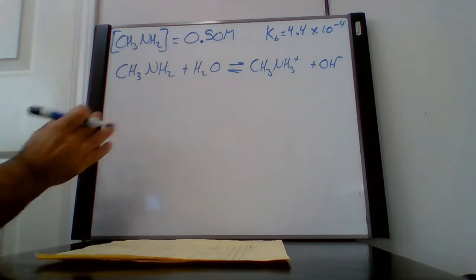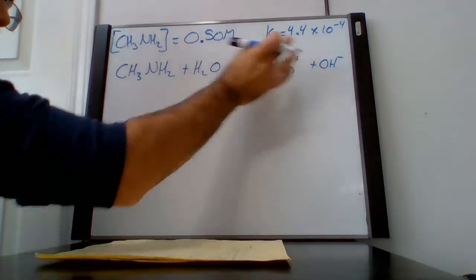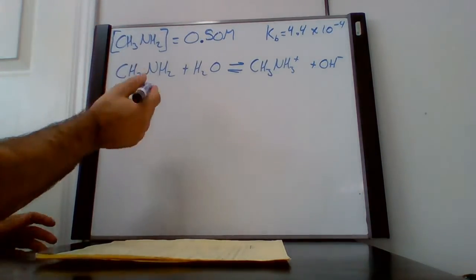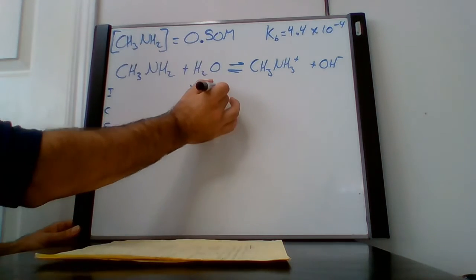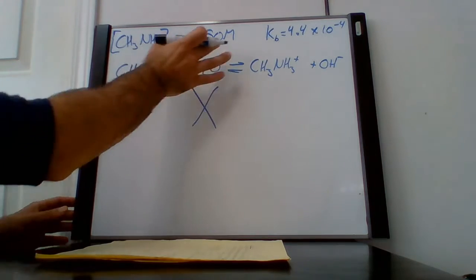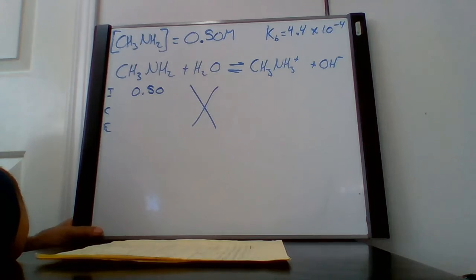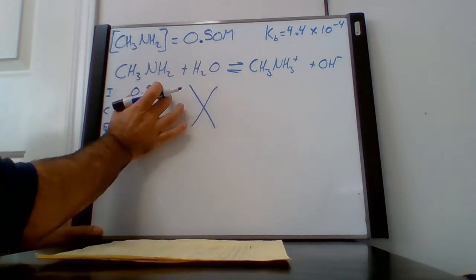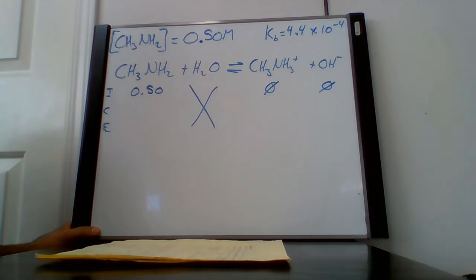All right, so we've got our methylamine plus water produces the methylammonium ion and the hydroxide ion. Okay, looking at our ICE chart, once again, we ignore the water. It is the only pure liquid anywhere in this equation, so we do not consider it. We are starting off with 0.50 molar methylamine,